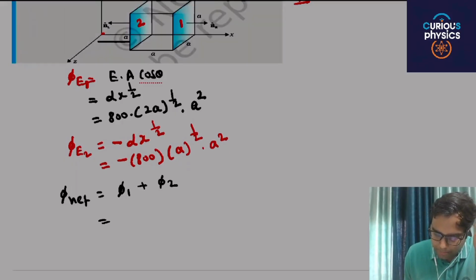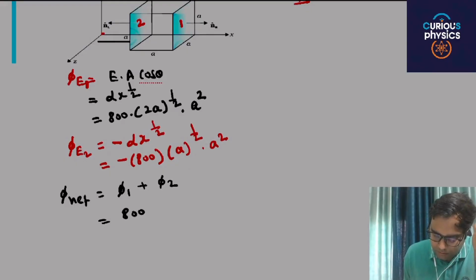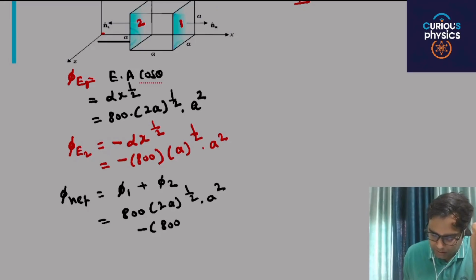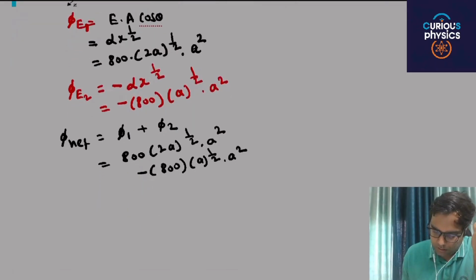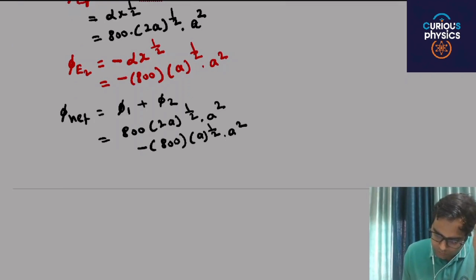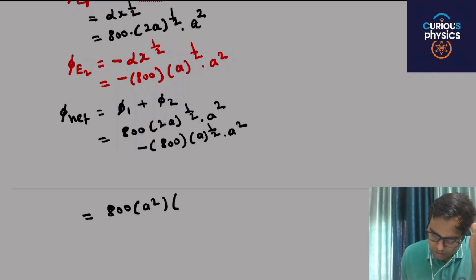Phi 1 is 800 into 2A raised to power 1 by 2 into A square, plus, and here the minus 800 into A raised to power 1 by 2 into A square. So you can take many things common. For example, 800 is common. You can take A square as common, and next is 2A raised to power 1 by 2,